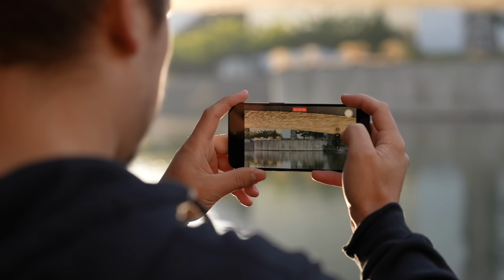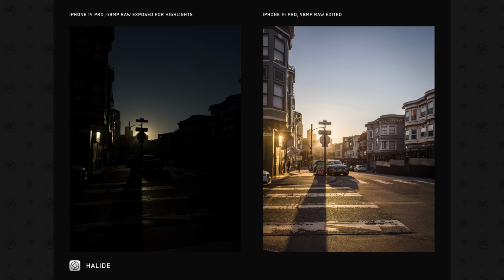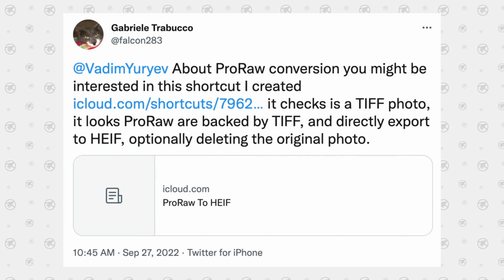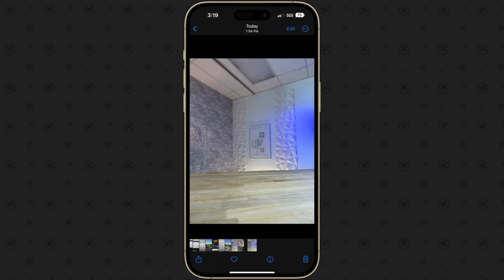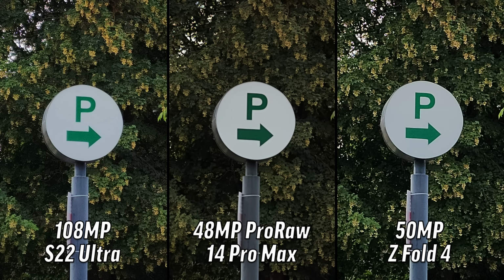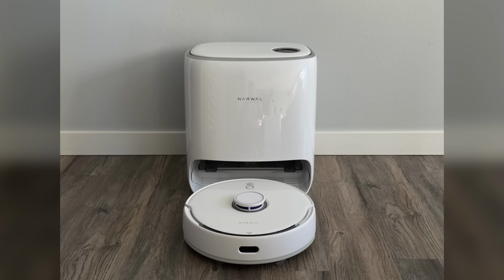But now, let's finish this review off with the cameras, where we have both good and bad news. The good news is that the new 48 megapixel sensor is great. Now, it sucks that it forces you to shoot in ProRAW, but there's a shortcut you can create to instantly bulk reformat the photos into HEIC to save space right within your Photos app. The quality is incredible, and I've been using it for things that are very important, like group photos for the extra 48 megapixel detail, as well as thumbnail shots of the products I review at home, like the Narwhal robot